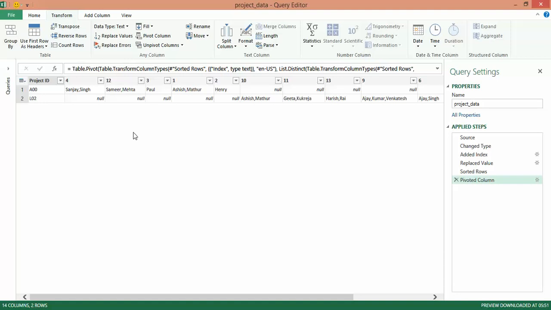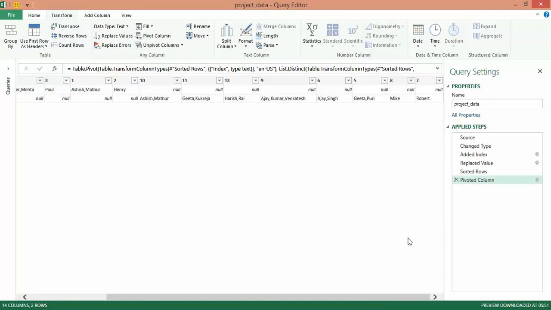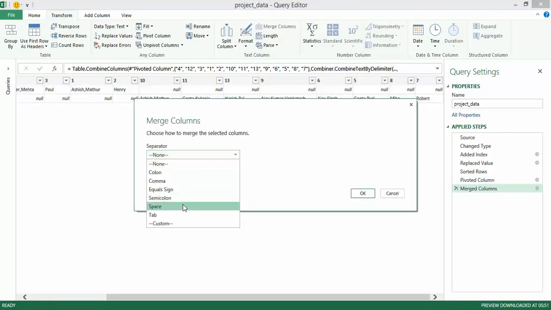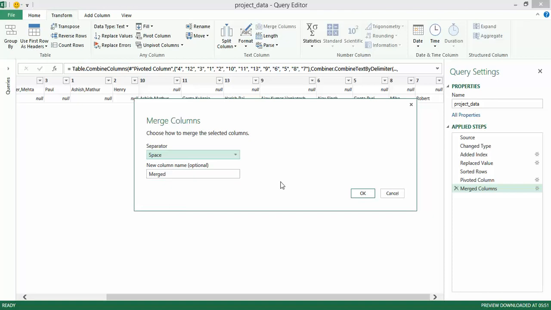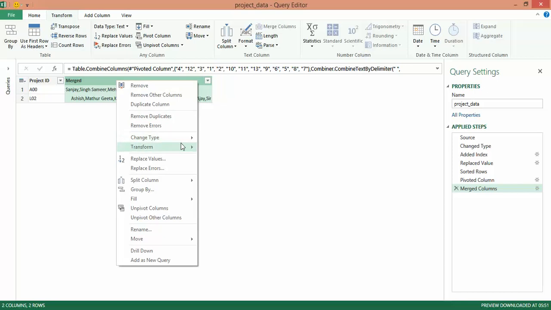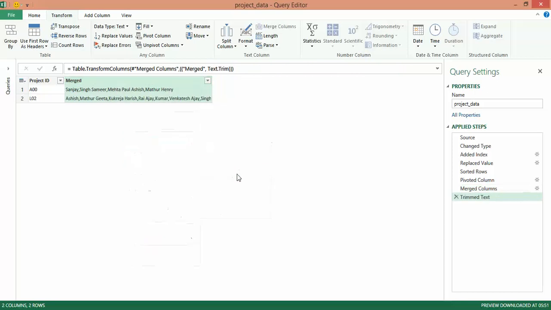Now I get data into multiple columns which I want to bring all into one in the very first place. So I click on this one here, scroll to the right, press the shift key, click on this one over here, and under transform itself there's an option to merge columns. I want to merge columns, separator being over here a space, and let's just call that merged itself. I click on OK. Once I've done so, you'll actually see a few unrequired spaces appearing over here and some appearing at the end over here as well. To get rid of them, I simply right click, transform, and trim.